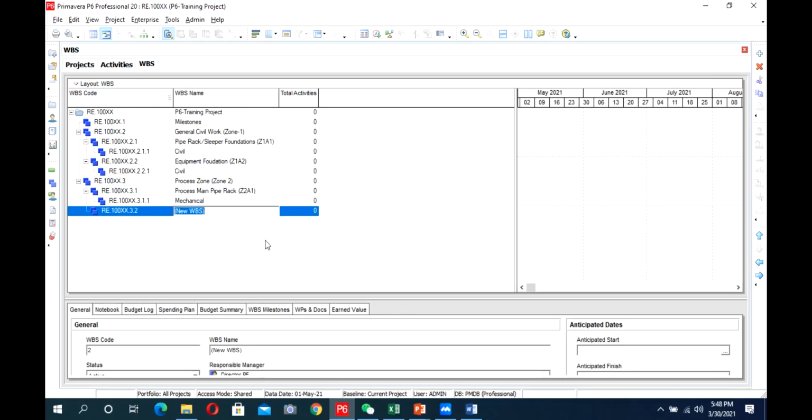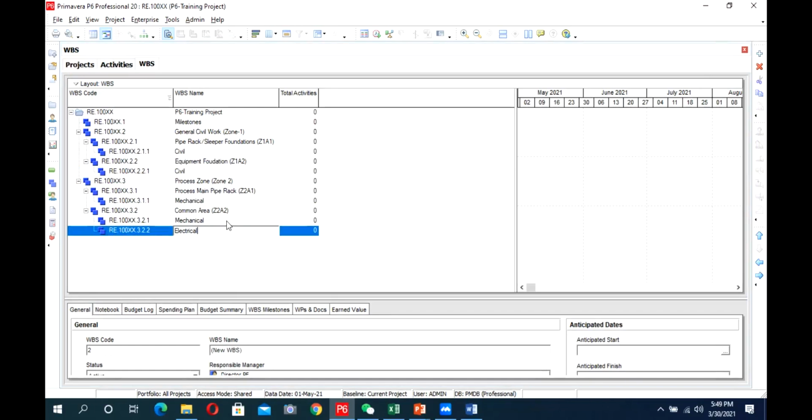Next is 3.2. At 3.2, we have common area. It's Z2A2. 3.2.1 is mechanical, and 3.2.2 is electrical.